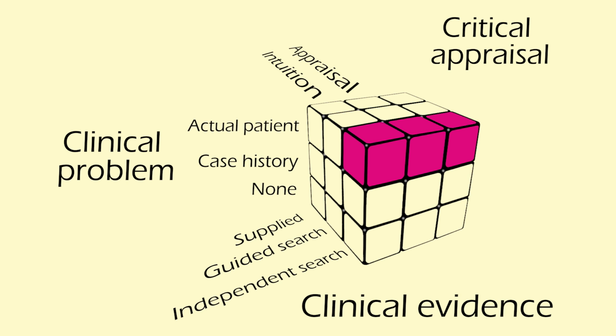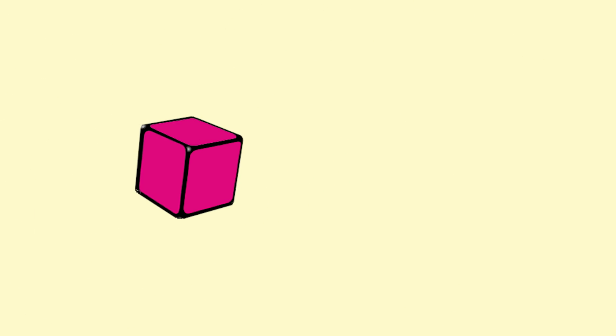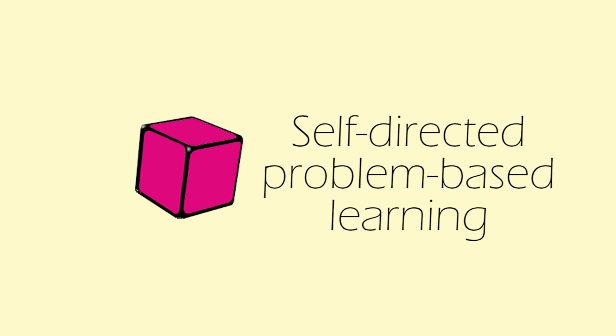Best of all is somebody who is able to do critical reflection, thinking about the paper, thinking about its limitations, and able to apply it in practice. So the culmination of Sackett's cube is, in Sackett's view, the ideal learner who is empowered, who bases their learning on cases they've actually seen, is encouraged by the teacher, but actually is able to go searching for their own answers and is then able critically to appraise and apply lessons in real practice.